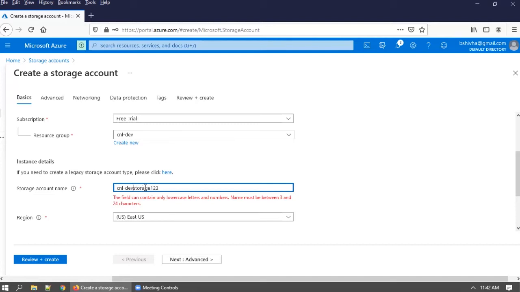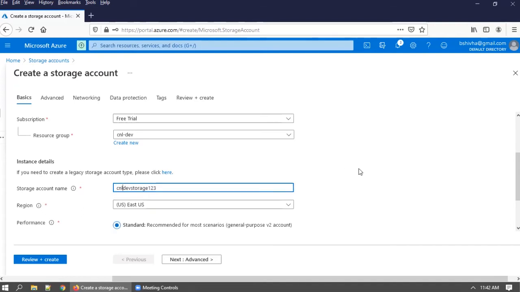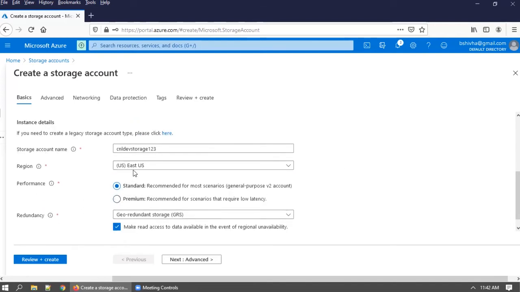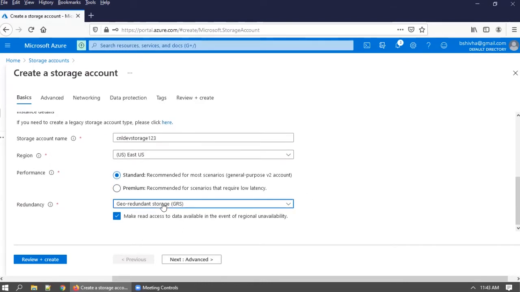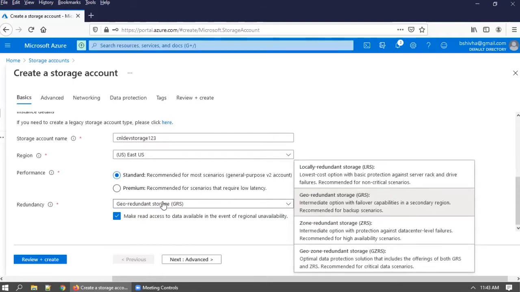So I'm going with East US. Let us go with Standard. And what is this LRS, geo redundant storage, zone redundant storage, geo zone redundant storage?